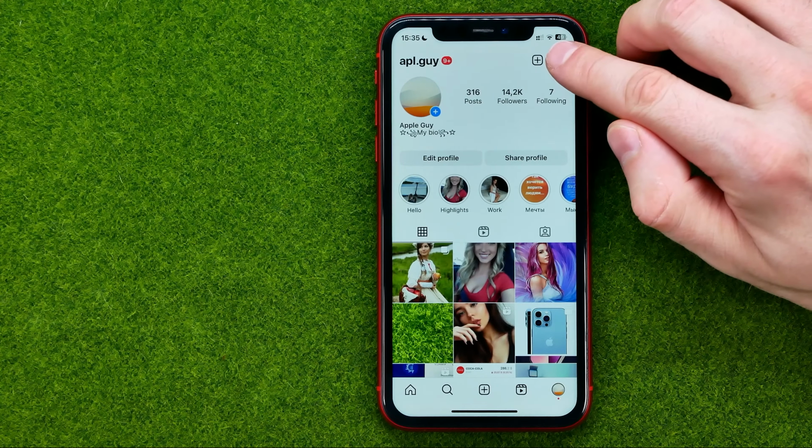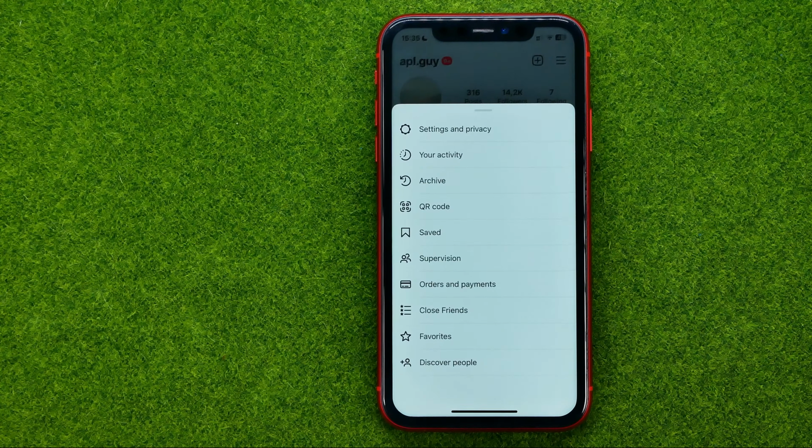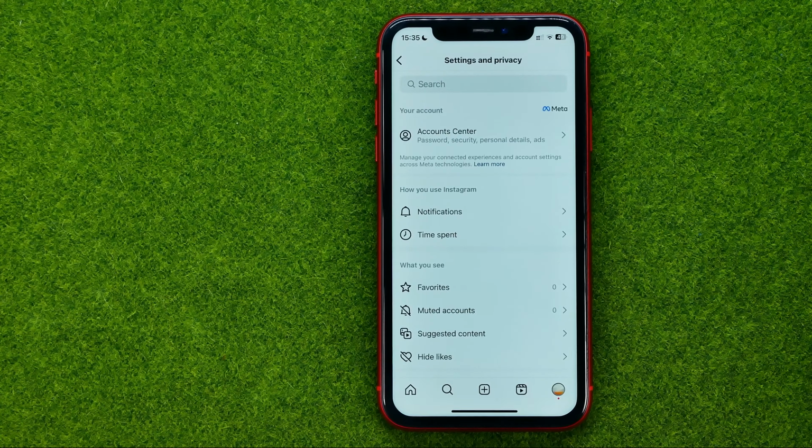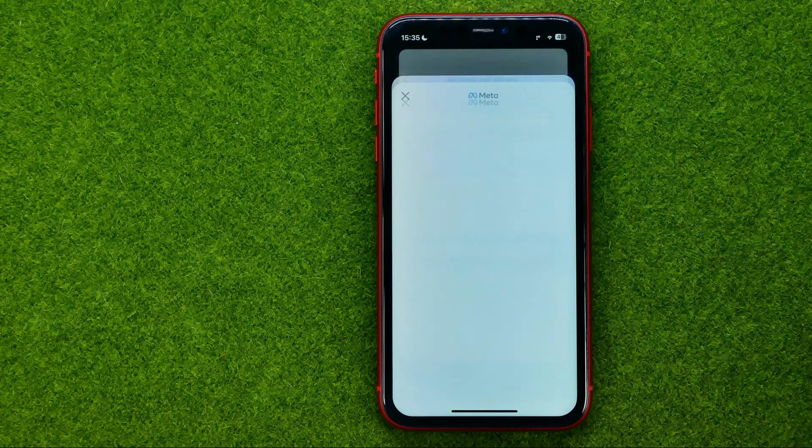So let's get started. First off, open up the Instagram app, then go to your profile. Tap the three lines at the top right corner and select Settings and Privacy. After that, go to Account Center,